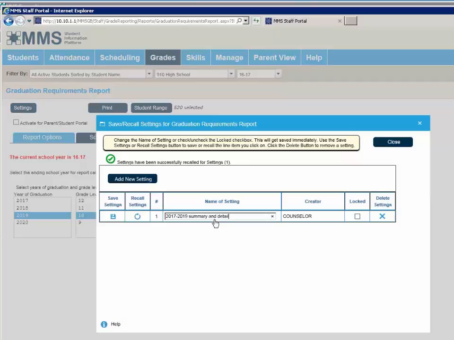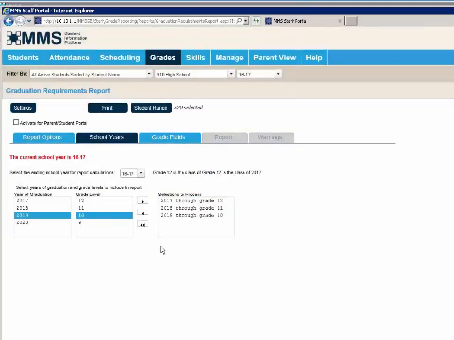So I'm going to say it's the 2017 to 2019 summary and detail. And then I'm going to hit the save settings. I'm going to close this. I'm going to change and move over just